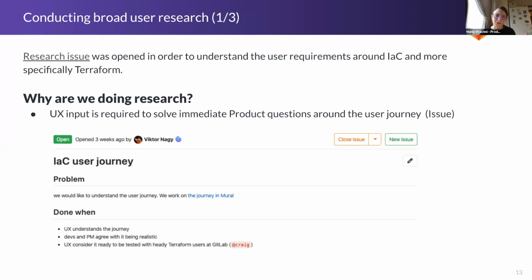I'm going to talk more about the specifics of the research further down, but why did we decide to start the research? So the PM, Victor, has created two issues that require UX input. The one is about the user journey. So as you can see here, this is done when UX understands the user journey. So we don't at the moment. And in order to do so, we need to talk to users. The next thing Victor wants to find out, in the next slide,